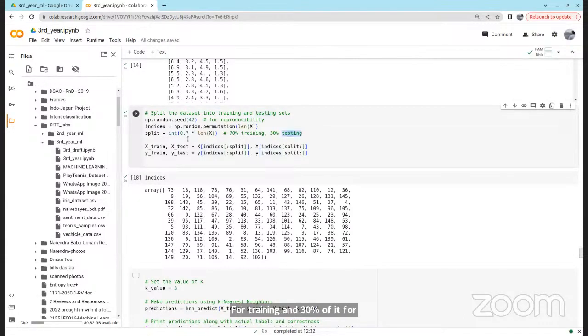So if you multiply this with 0.7, you will get the split.